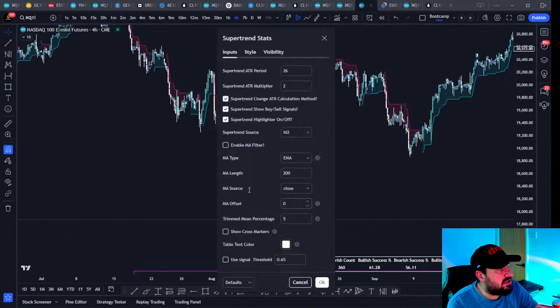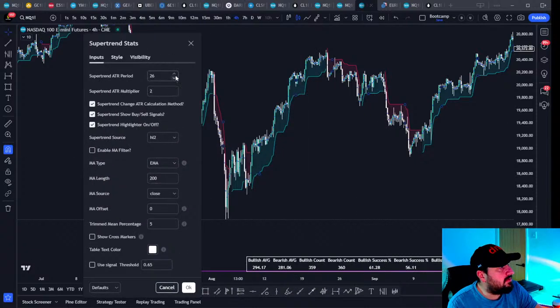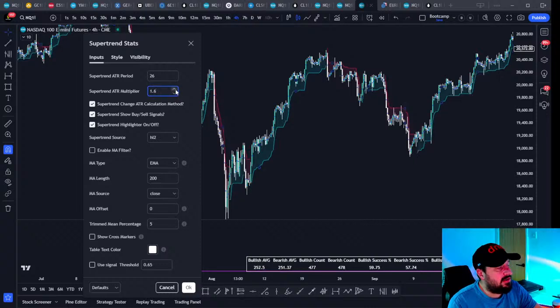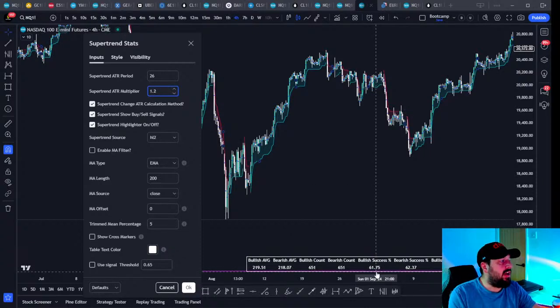So you can adjust the settings in the Super Trend, yeah? And it will adjust the probability of success so that you're not guessing which one you think looks good, if you do use Super Trend. We can go through this and go, okay, I think that looks okay, I think that one looks okay. Well, actually, 61.75, I like that.